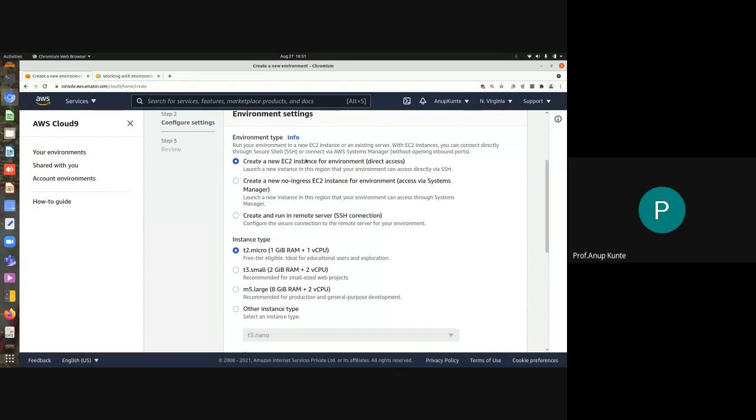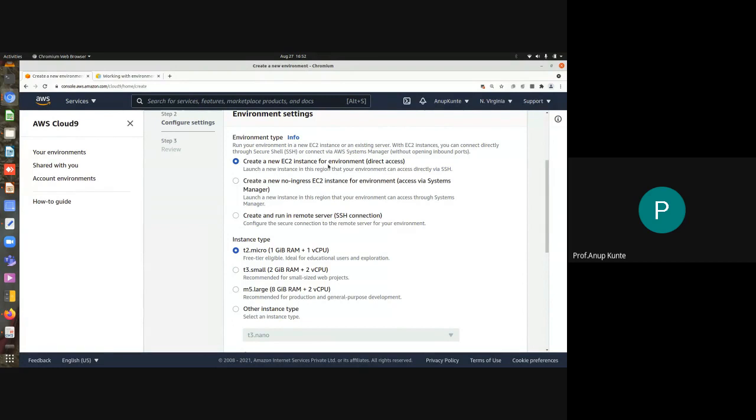This option means I want to have an EC2 instance for this environment. So ये environment एक background में EC2 instance के ऊपर run होगा, so that whatever changes I am doing inside that particular IDE, whatever code I am typing, that will be automatically transferred to that EC2 instance and saved over there, so that when I revisit this IDE, I can use it.